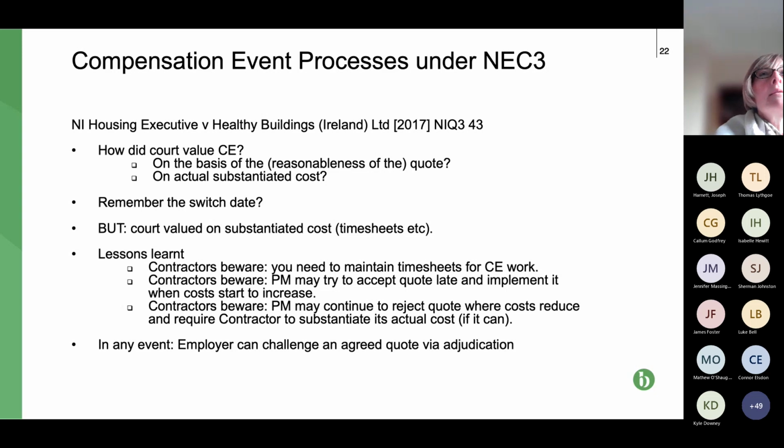What I can say is that in my experience, the adjudicators will want to see the timesheets, the paperwork, because they follow this case. They want to see the supporting documentation. And of course, as a contractor, or subcontractor, you're putting yourself at real risk if you don't have the supporting information, that backup to show exactly how much time, cost, etc. the issue has cost you. So bear that in mind.